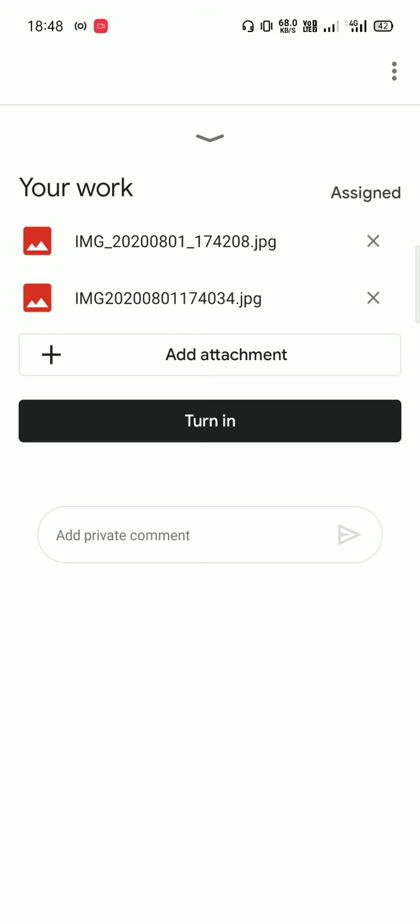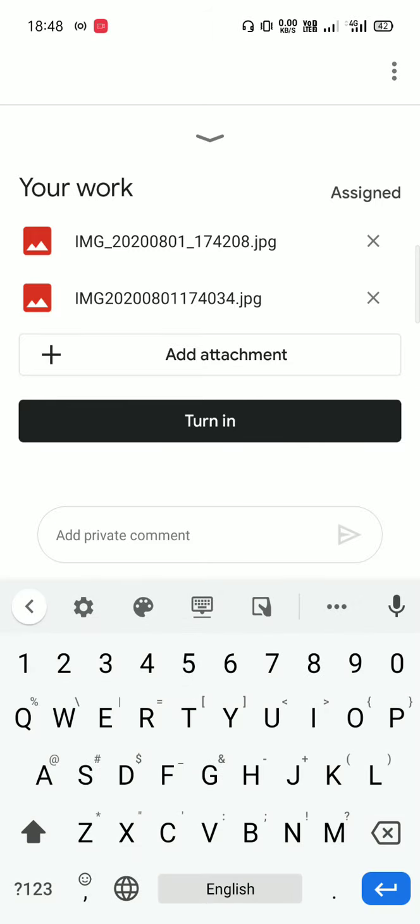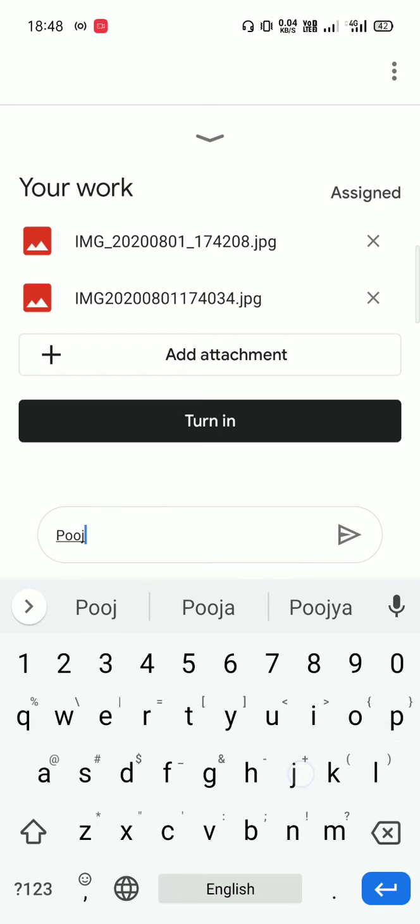So now here it is Add private comment. It is optional, but you can add a comment also, any comment like my name is this from this class. Okay, like that I am going to write. Okay, Pooja of class 6th.